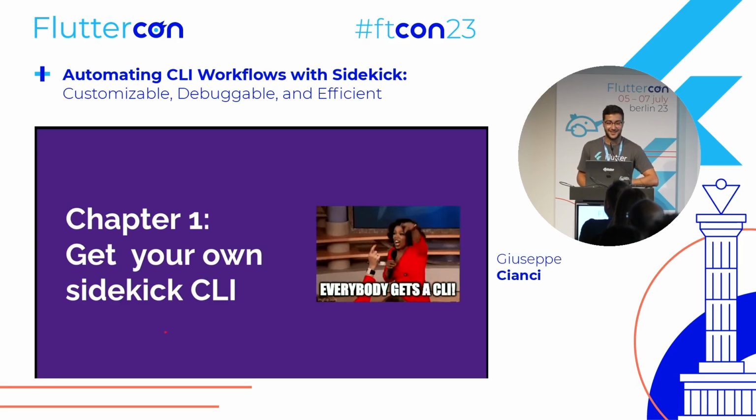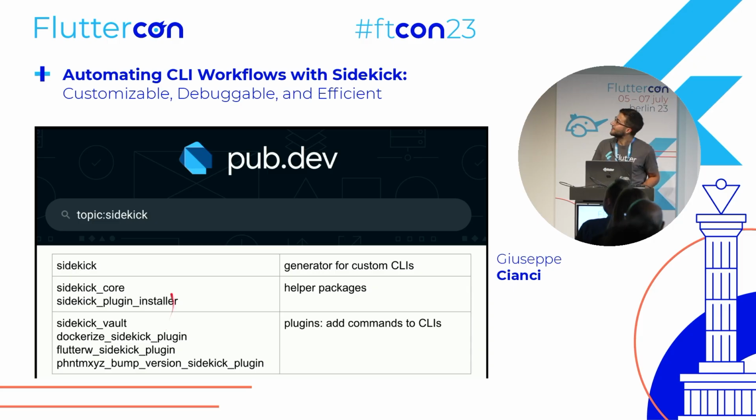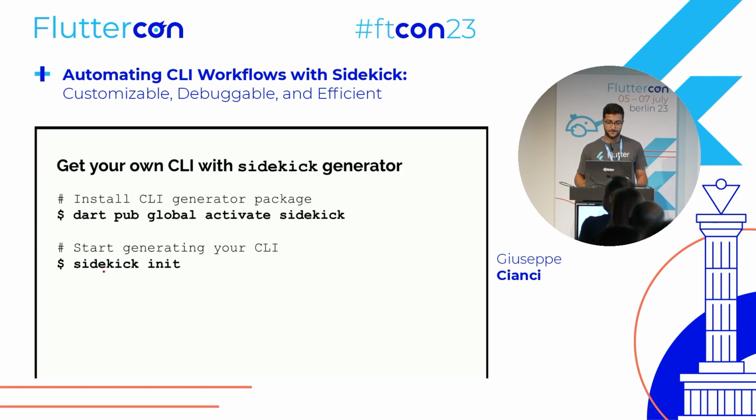Okay, now let's get you all your own CLI for your projects. You can use the topic parameter on pub.dev to search for tagged packages. This makes it very easy to find all the Sidekick related packages. And you will find a lot of packages here. The only important one for us right now is this package here. It's the generator CLI we will use to generate our own Sidekick CLI. So install the generator CLI with dart pub global activate sidekick, and then run sidekick init to start generating your